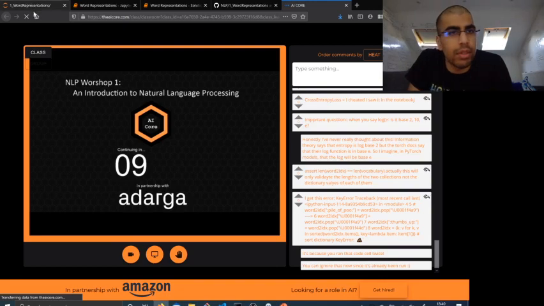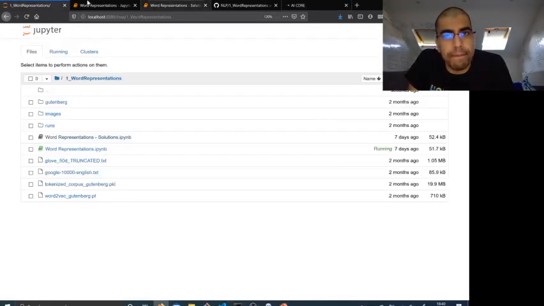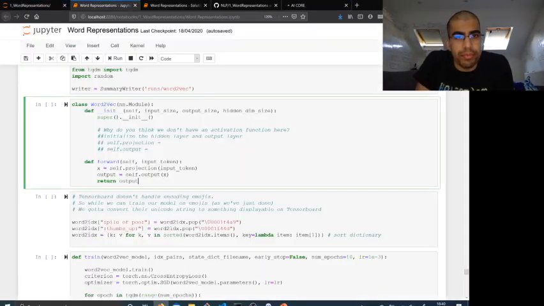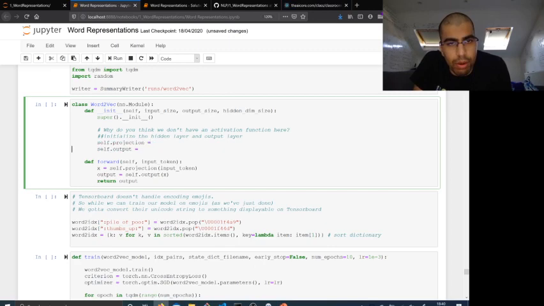Okay. Let's continue. Okay, so our projection layer is just going to be a normal linear layer. So nn.Linear, and we're going to take in input size,